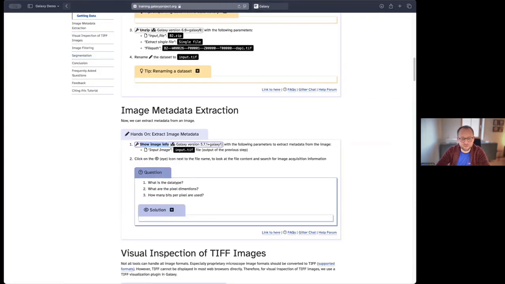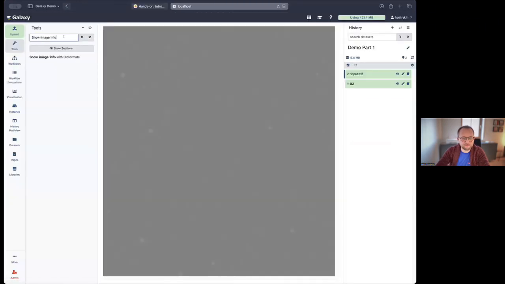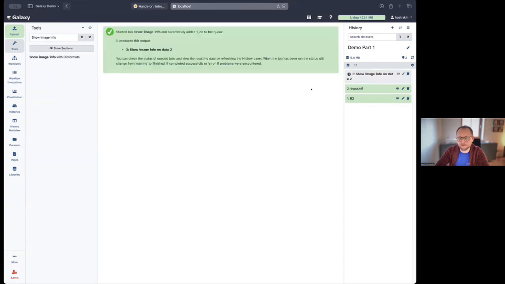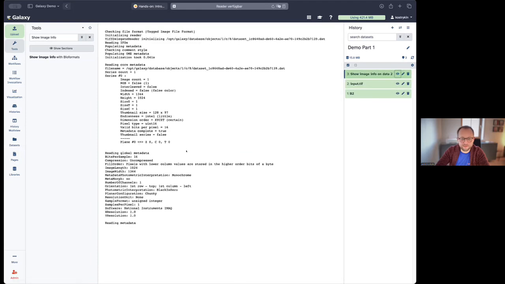And to do so, I use the show image info tool, which is a wrapper for a bioformats tool. And here I select the image that I want to inspect, and then I run the tool. And this will give me an output that looks like this. So what we can see here is, for example, the width of the image, the height of the image.